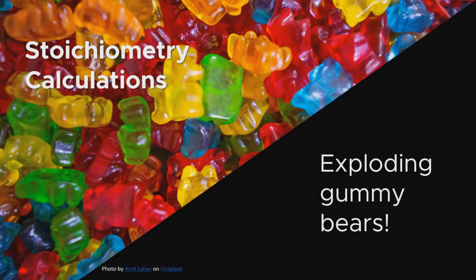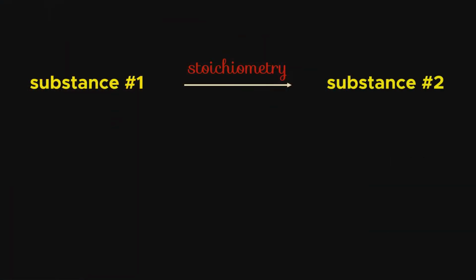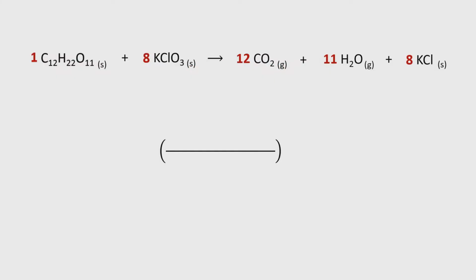In this video, we'll practice stoichiometry calculations using the chemical reaction for exploding gummy bears. Stoichiometry relates the amounts of any two substances in a balanced chemical equation. As a conversion factor, the stoichiometry step is a mole-to-mole ratio that uses the balancing coefficients to compare substance 1 to substance 2. For example, if we look at the exploding gummy bear reaction, we can compare sucrose and potassium